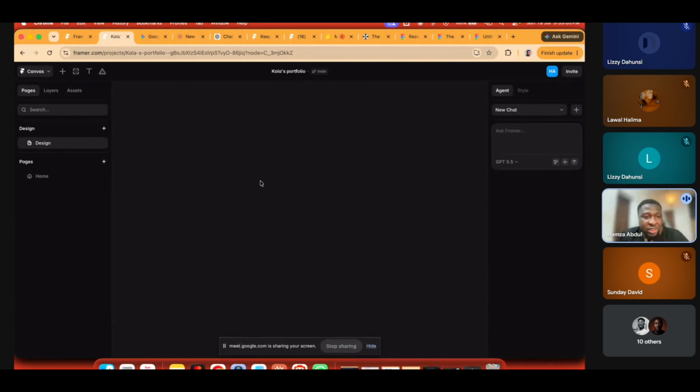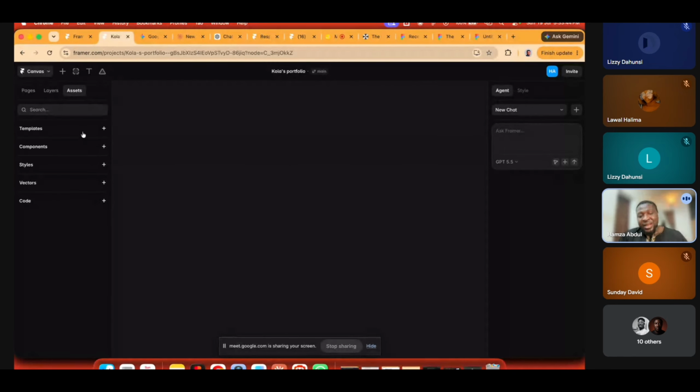Now, the place that you have business with is this pages here. This is where everything that you are going to be designing will be when they are live. Everything here is under these pages, right? Then you have layers. Just like you have layers in Figma, you can also have layers. For each of your pages, there are going to be layers. When we start designing, we'll see what those layers are. And then there are assets. Assets are basically components, styles, all the things that you are using to build your portfolio. This is where they will be. If you create a component, it will be here.